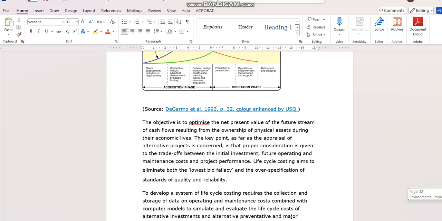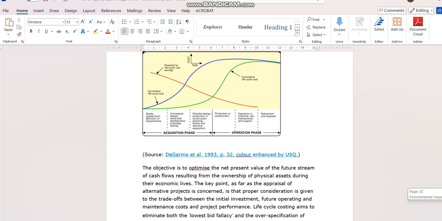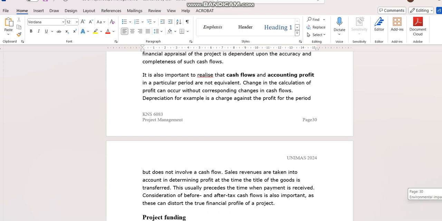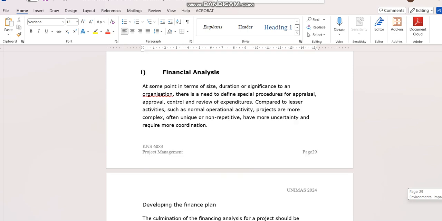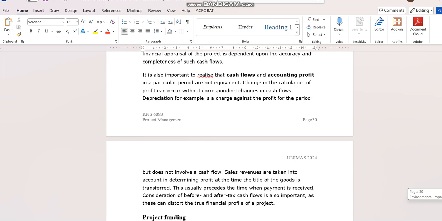We not only must have money for acquisition, we not only must have money to purchase, we not only must have money to build and construct, we must think about the operation and maintenance phase. And this is what this phase is talking about. This is the financial bit of things that I need you to focus on. Then next recording, I'll be focusing on cash flows, financial analysis, okay, and that will fund